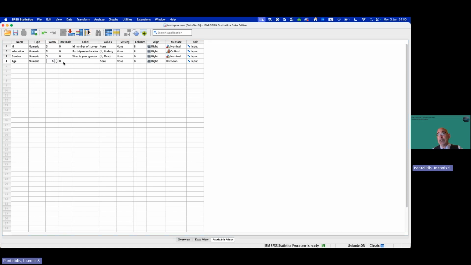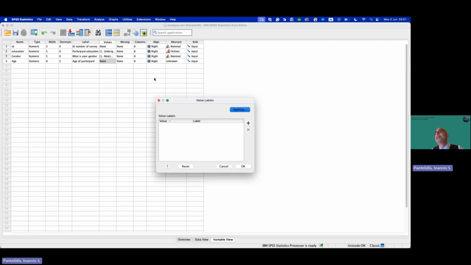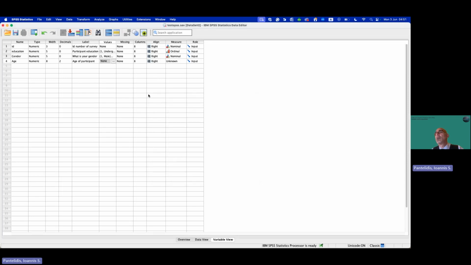Now with age, if you want to ask the exact age, you can leave a few decimals. What I like to do with age, because people don't like talking about their age, is to use categories. So 1 to 18 could be 1, 18.1 to 20 could be another one. Again, have a look at different surveys and how they create groupings of age. Otherwise, you can say label age of participant,